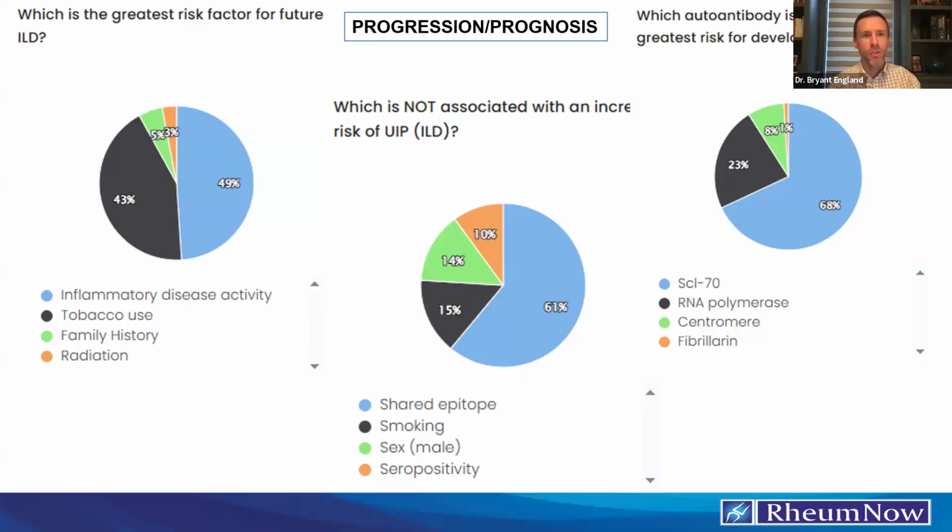Yeah, Jack, I honestly don't think that RF and CCP are all that helpful as a risk factor for RA-ILD. I mean, the math just doesn't add up very well. If 70% of RA patients have RF or CCP, yet only 10 to 15% clinically have ILD, that's a pretty big difference in terms of the numbers.